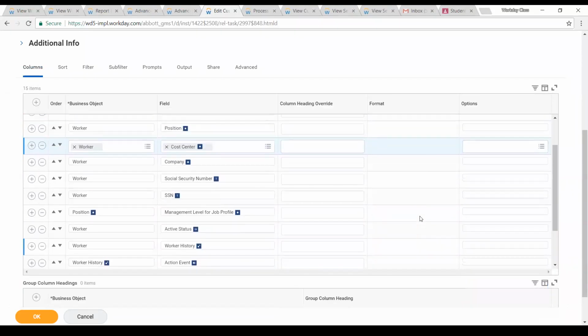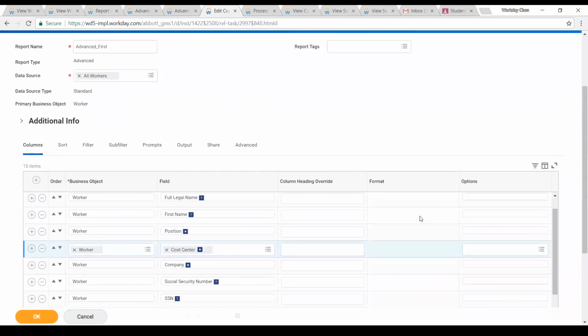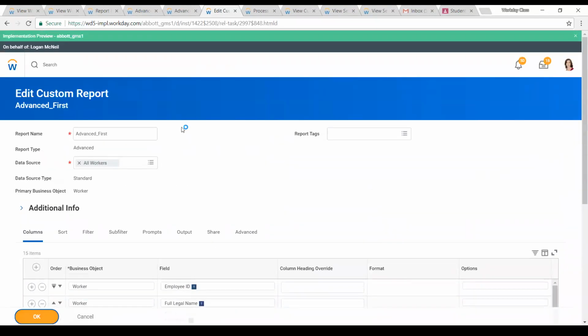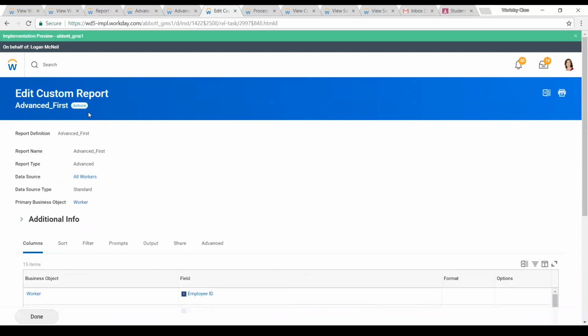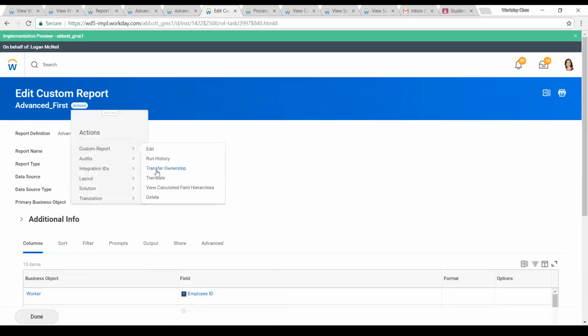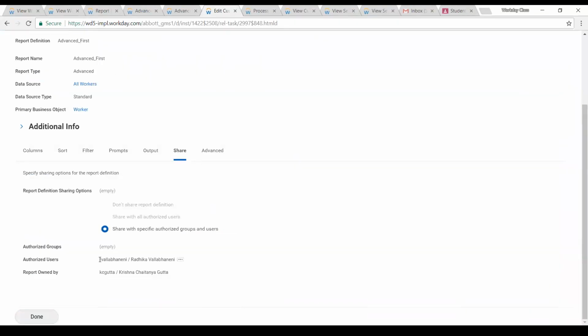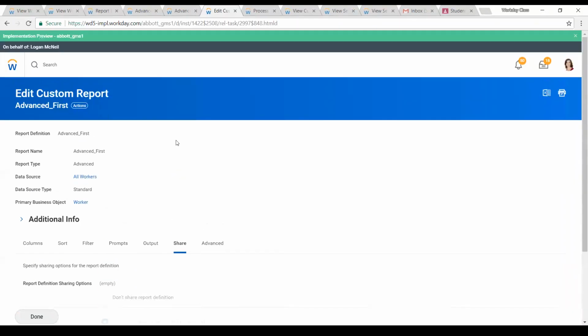And how can we transfer the ownership of this report to other users? Okay, let's go to actions. There is a transfer ownership on the custom report. Currently, this is being shared with Radhika, and it is being owned by myself, right? So if I want to transfer the ownership,